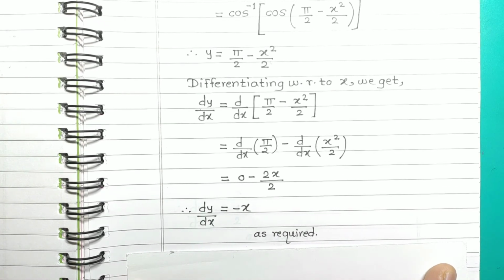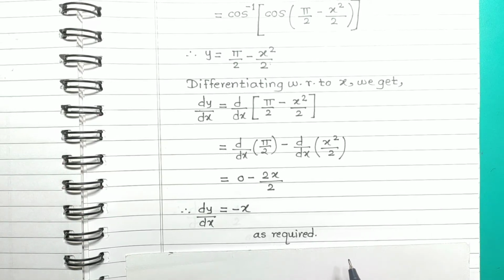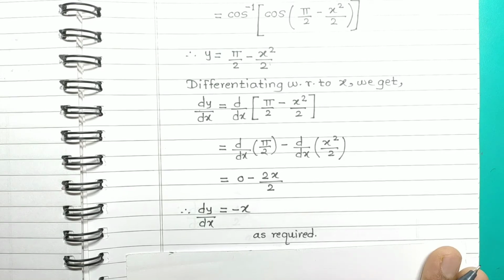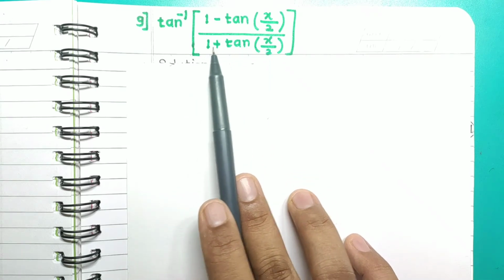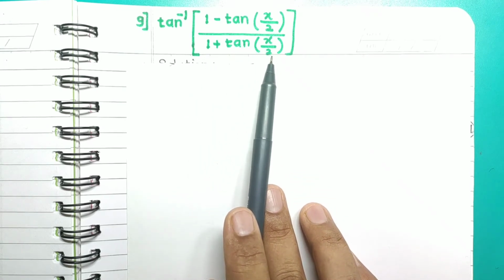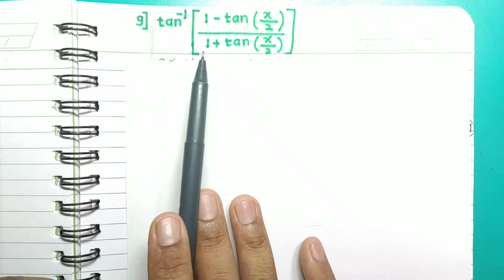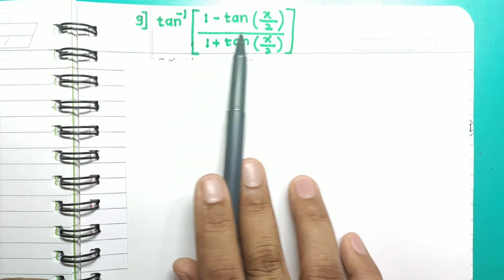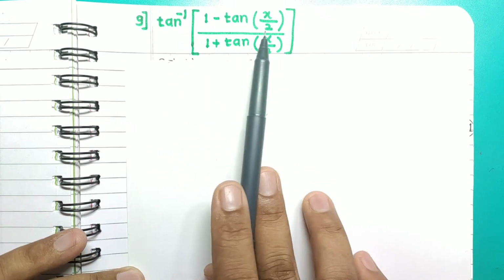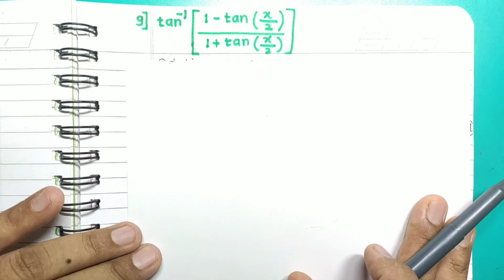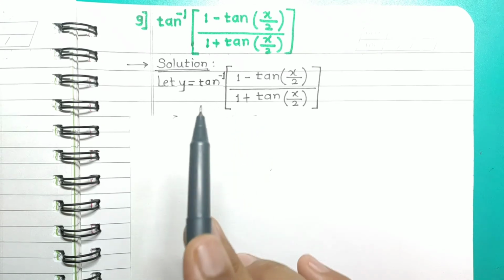So again in this solution you note how we have simplified the function using trigonometry and properties of inverse trigonometric functions. The next function is tan inverse of 1 minus tan of x by 2 upon 1 plus tan of x by 2. See, this function again looks quite complicated, and here also we are not going to use the chain rule directly to find the derivative of this composite function. Again here we are going to do some smart work. So in the solution you write down the given function, and here you note this trick.